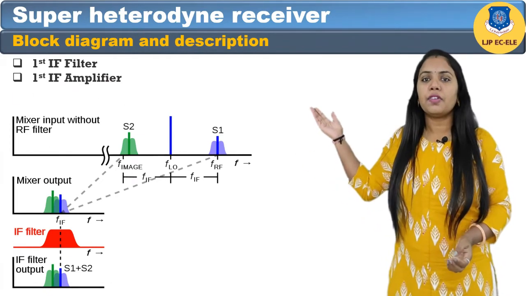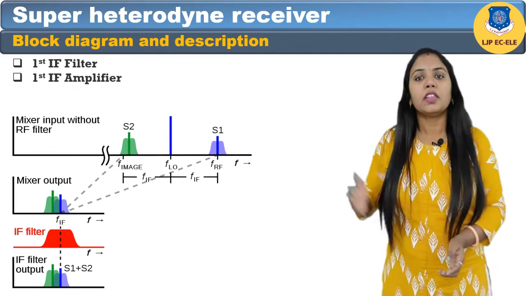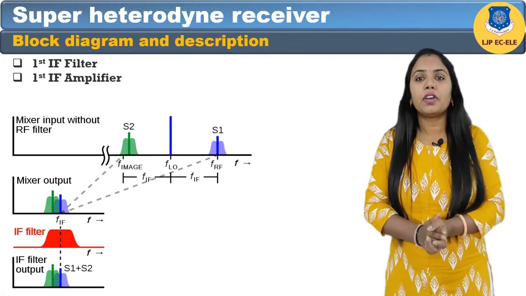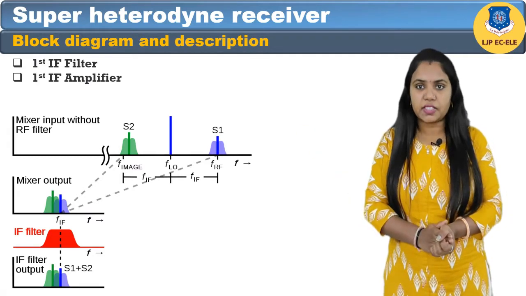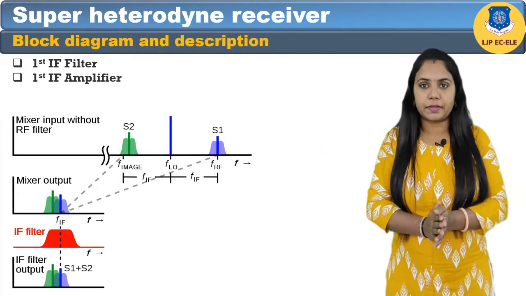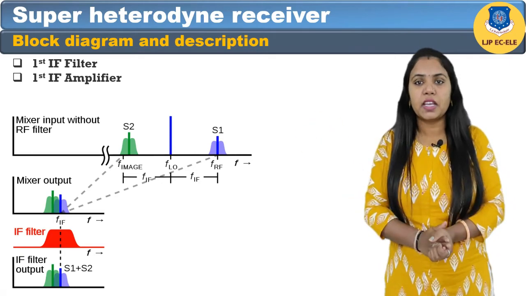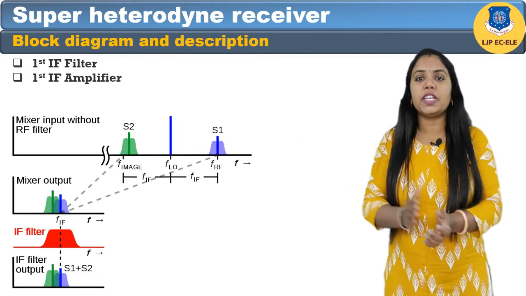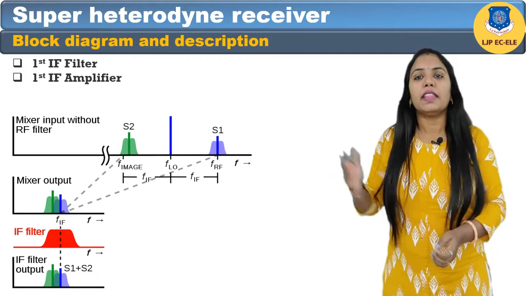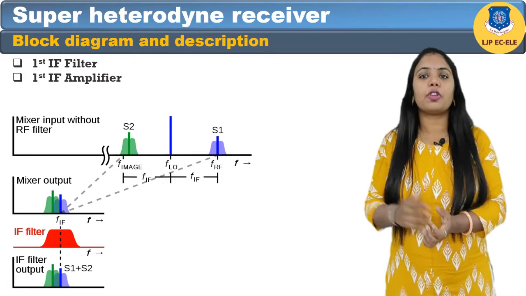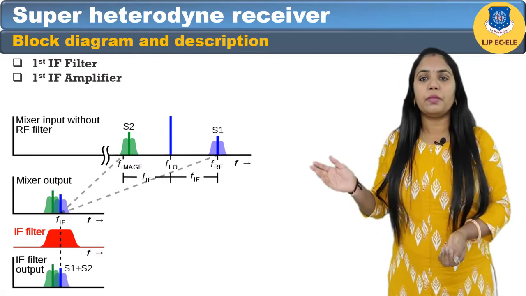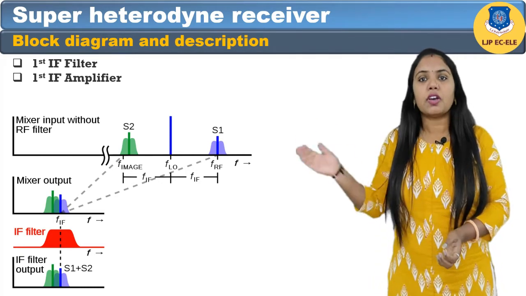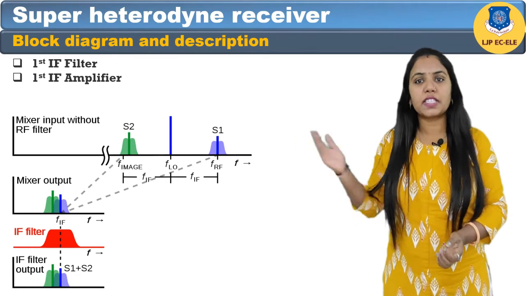The next is the first IF amplifier block. The fifth block is the first IF amplifier. Gain of 50 to 100 in each IF stage is common. If the gain is too high, distortion can take place, especially if IF filters are too close to each other and not properly shielded. The amplifier is controlled by AGC, that is automatic gain control, voltage from the demodulator. AGC lowers the gain of the stage, causing the output signal to be roughly the same regardless of the input signal.